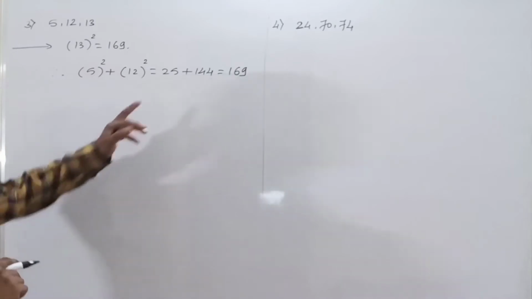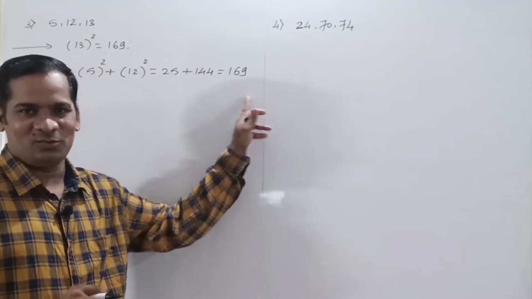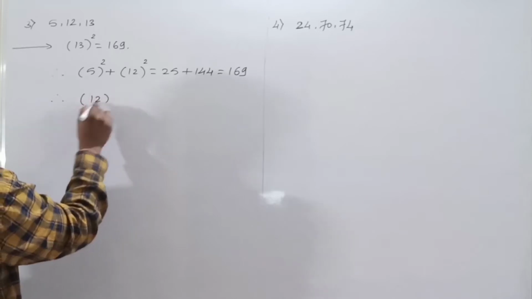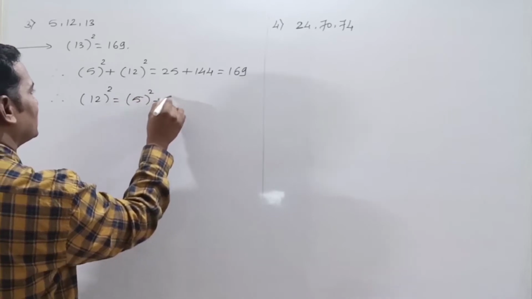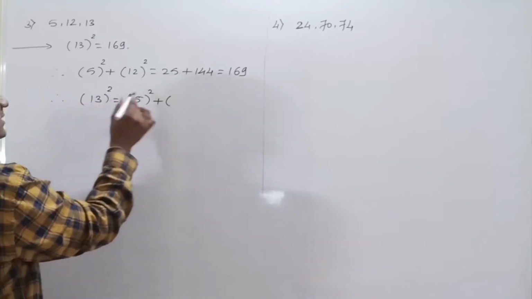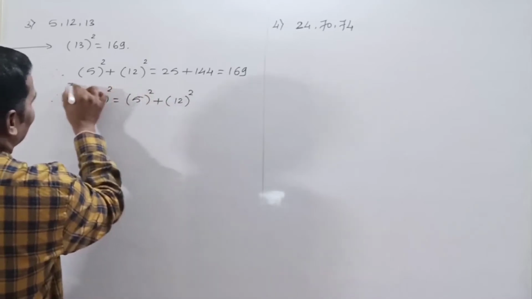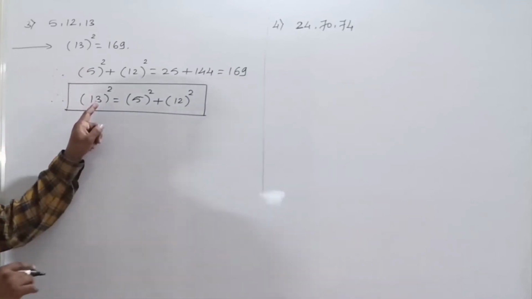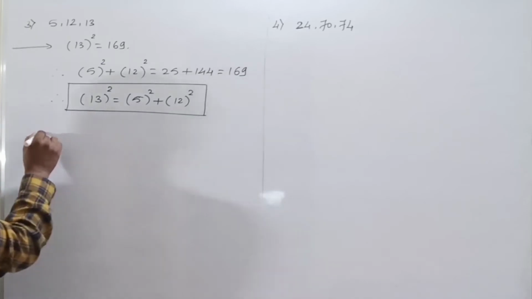Look at this, the square of the largest number is equal to the sum of the squares of the remaining two numbers. So therefore we can write here, not 12 here, this is 13 whole square is equal to 5 whole square plus 12 whole square. So this is the condition. So if the square of the largest number is equal to the sum of the squares of the remaining two numbers, therefore we can say here